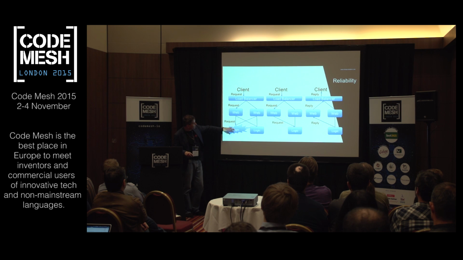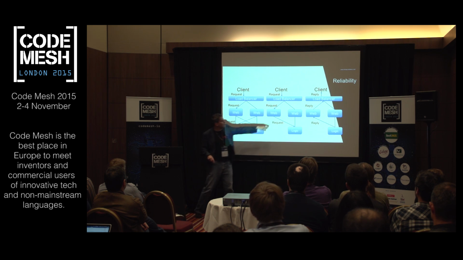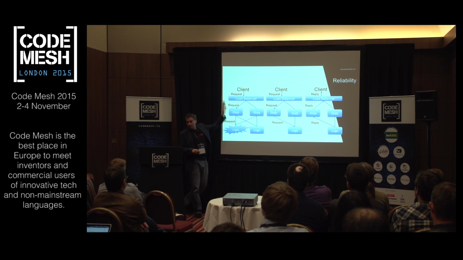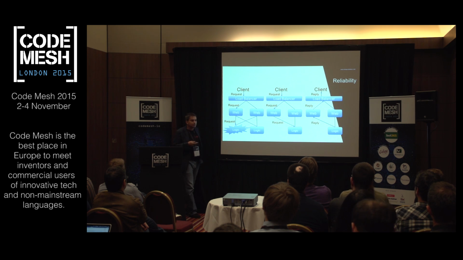But assume a request fails. What happens here is the front-end server now forwards it on to another node. This node responds, and the client gets a reply, completely oblivious to all of the drama happening behind the scenes. So these are the items you need to think about. So reliability, resilience, and